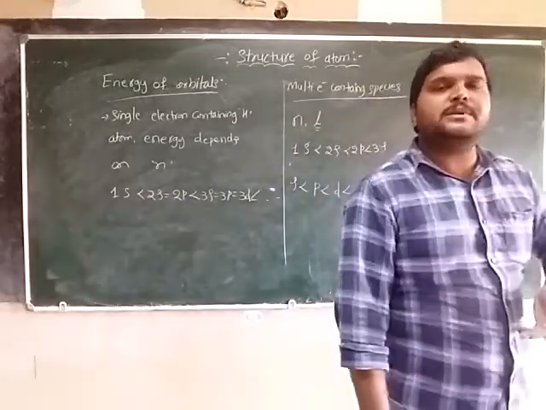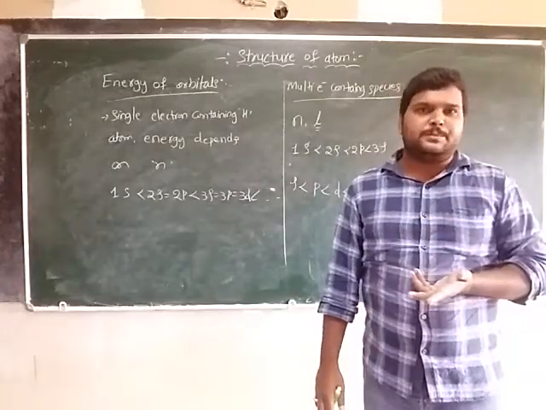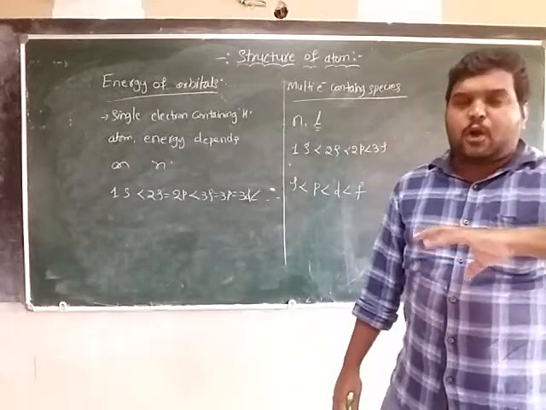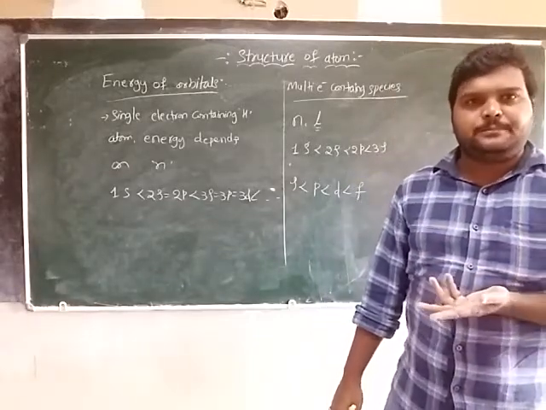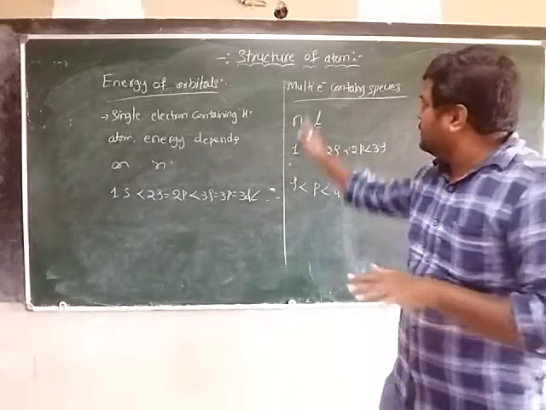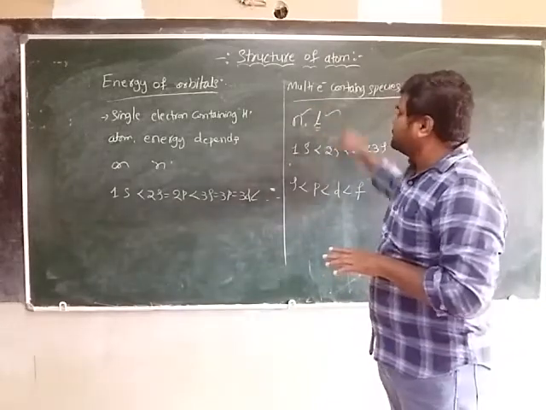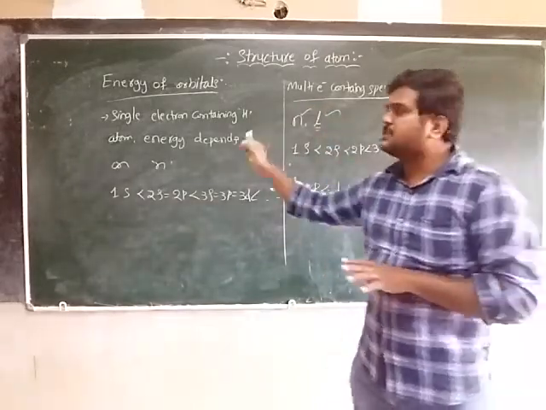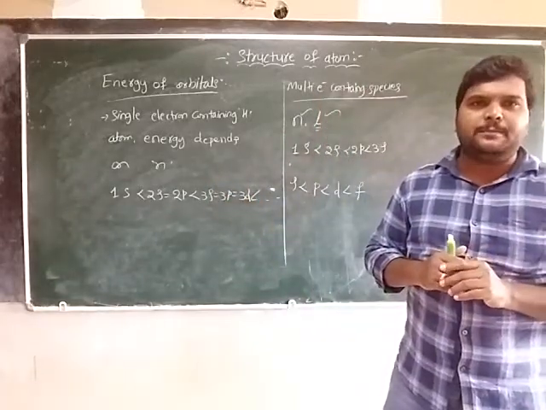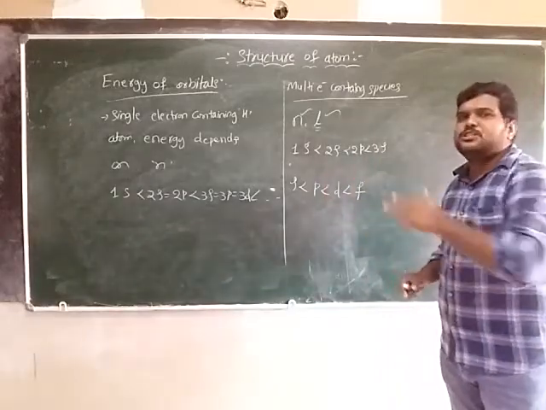That also depends upon the penetration power, and the shape of the orbital also matters. Is it clear? A different, difficult shape or complex structure has more energy than a normal shape of the orbital. So for multi-electron species the energy depends on both the principal quantum number and the azimuthal quantum number, but for single electron species like hydrogen, it only depends upon the principal quantum number. Is it clear? Like this you can express the energy of the orbitals.